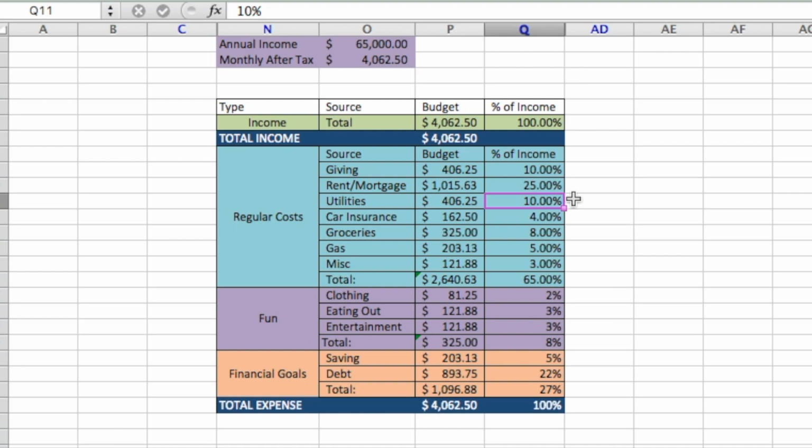The next category that we have is utilities, and I recommend spending about 10% on that. So utilities total, that would be $406.25. Things that go into utilities are going to be water, garbage, sewer, electric, internet, phone bill, cable, all those sorts of things. In your personal budget, you can definitely divvy those out. But for the purposes of this budget, I'm just saying that as a total, all of your utility bills should be around 10%. The next item we have is car insurance, and I have that at 4%, being $162.50, which